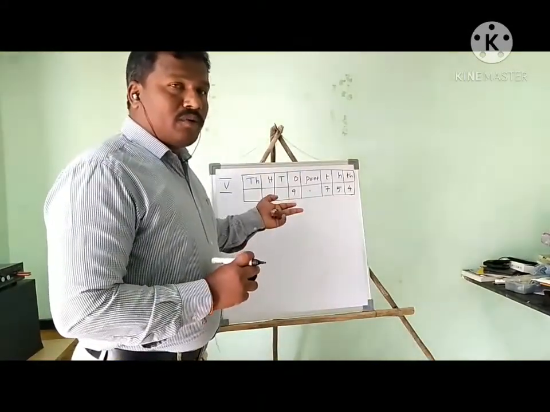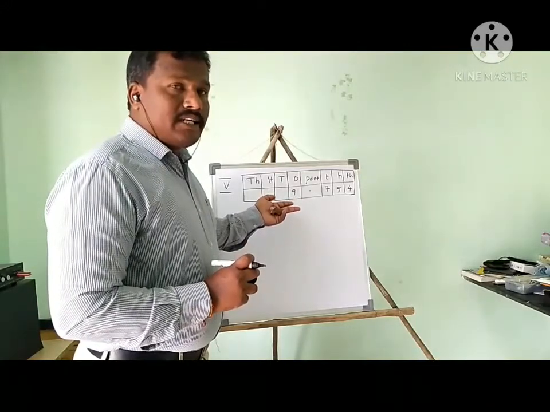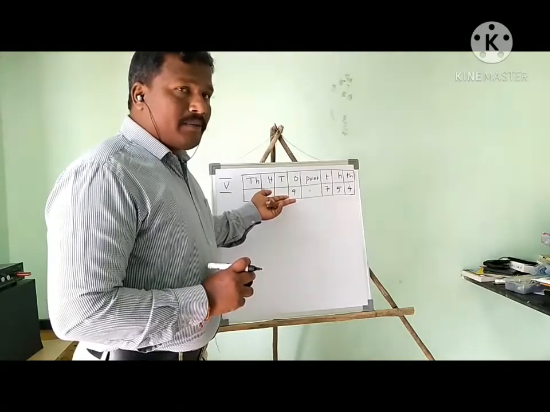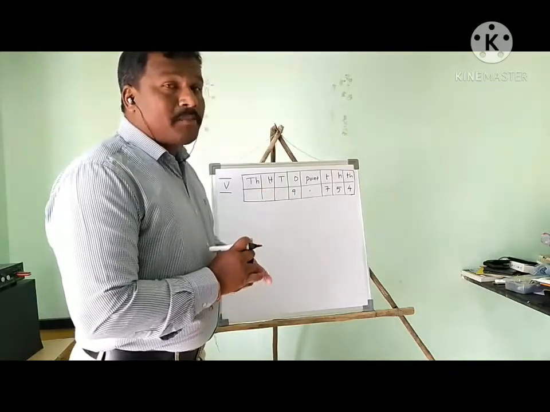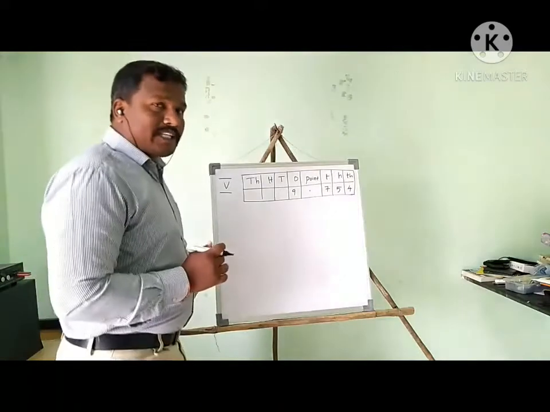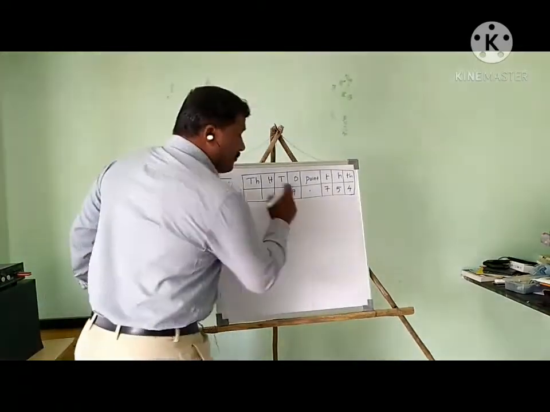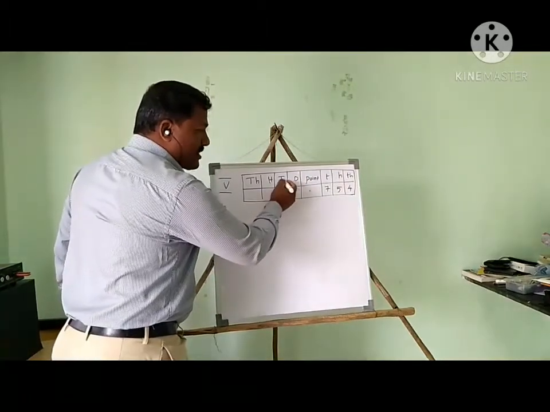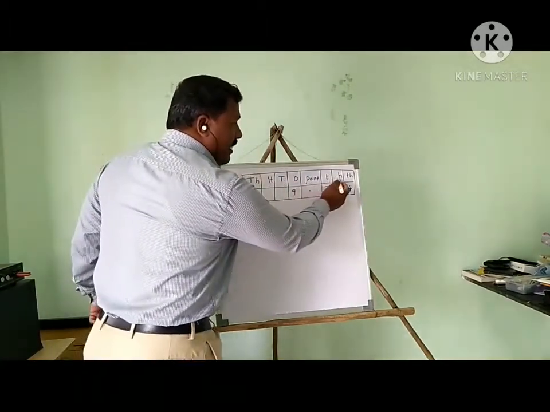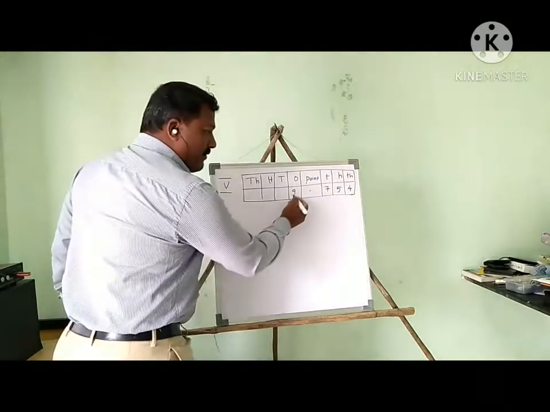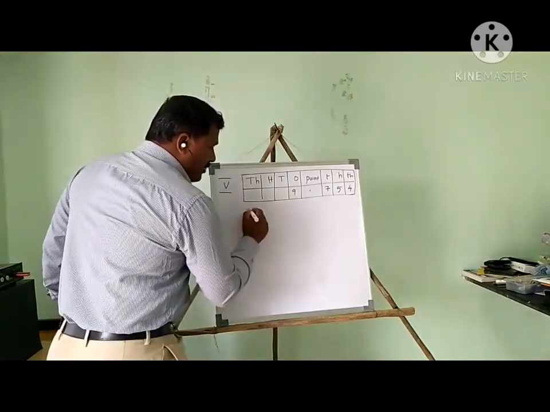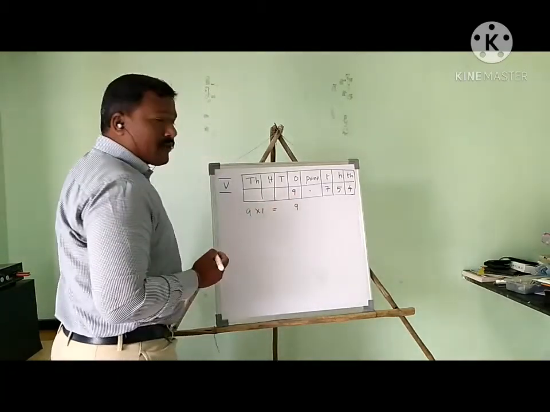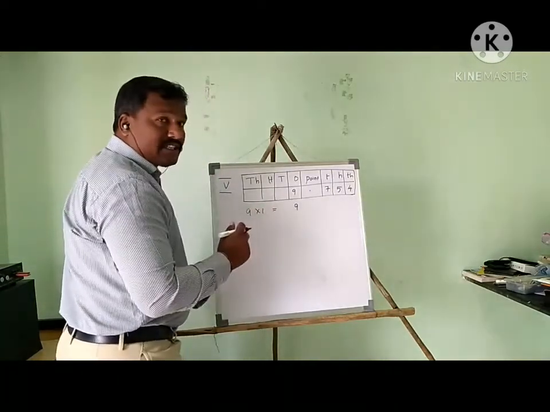Okay, we know how to place the value in this place value table. The given value I have placed in the table. Now we are going to write the expanded form. You know very well how to write the expanded form. First I will take the whole part as the integral part. So it's the ones place. You know very well, ones, tens, hundreds, thousands. On this side tenths, hundredths, thousandths. Okay. So first I will write the ones place. So 9 into 1 is equal to 9. Okay. Then here the point is the decimal point.